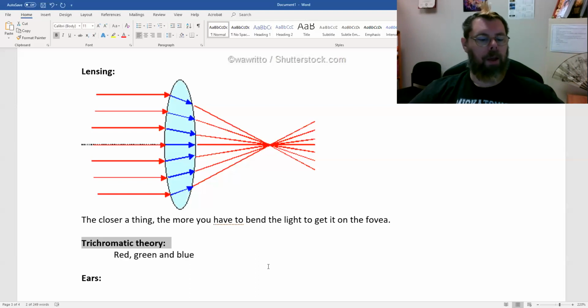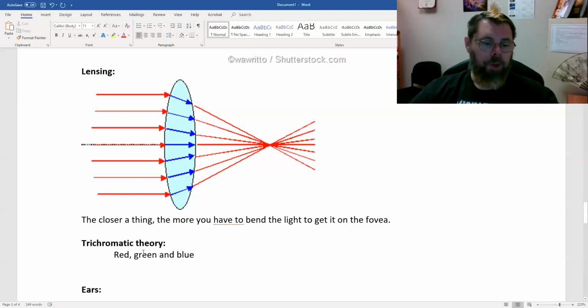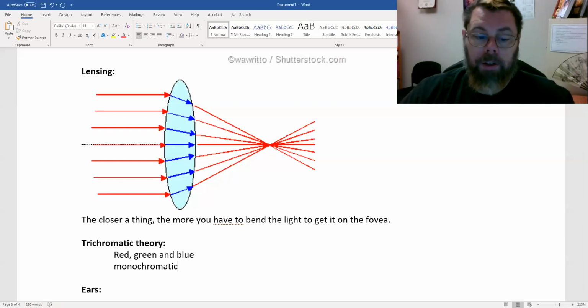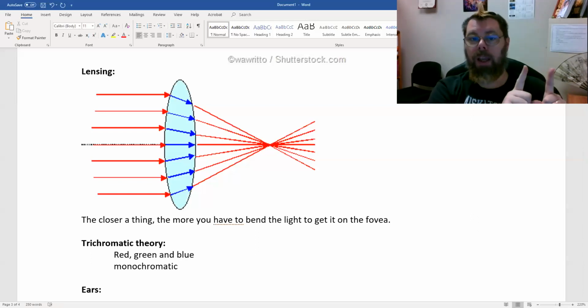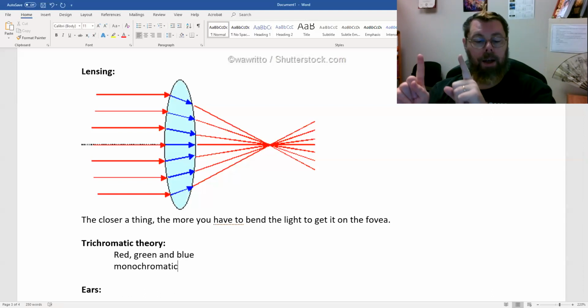Is this making sense to people? I hope so. You have rods and cones, meaning that the cone-shaped cells are red, green, and blue, but there are also rods, which are monochromatic. They fire in response to any light. They're quite sensitive. It takes less light to stimulate them because that light does not have to be in a particular waveband, frequency band. Any light will do.